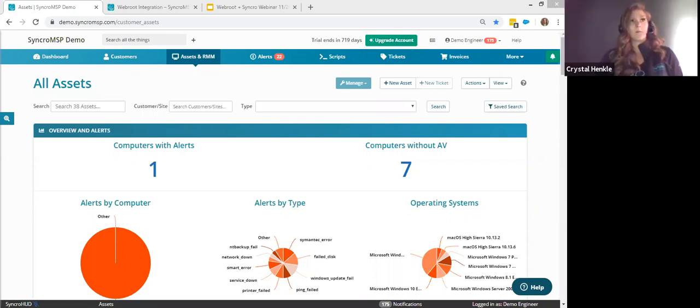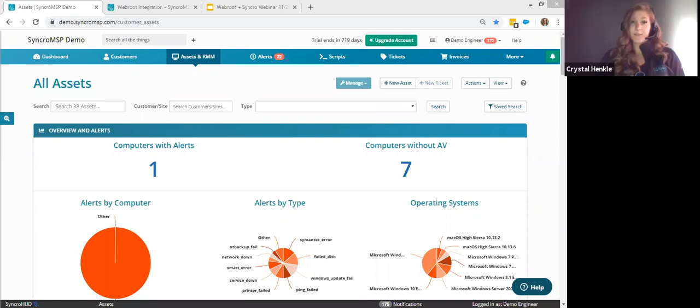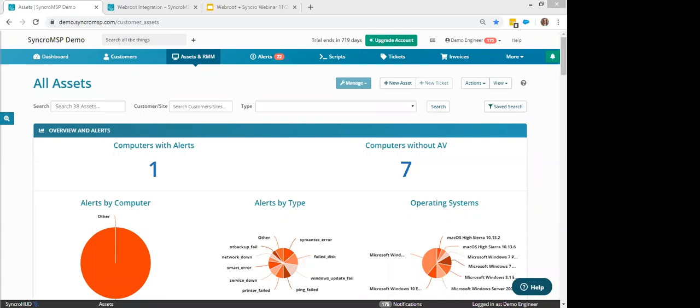Is the Webroot console integrated into Syncro? Not at this point. It would be a separate console, a separate portal. So with that question, there are certain things that you do on the Webroot side, but as far as your day-to-day tasks, verifying that the agent is installed and working, deploying the agent, all of that is going to be done through Syncro. If you need to create custom policies and things like that, that's where you would go to the Webroot portal. But most of your work can be done through the Syncro integration, and as that integration continues to grow, it's just going to become